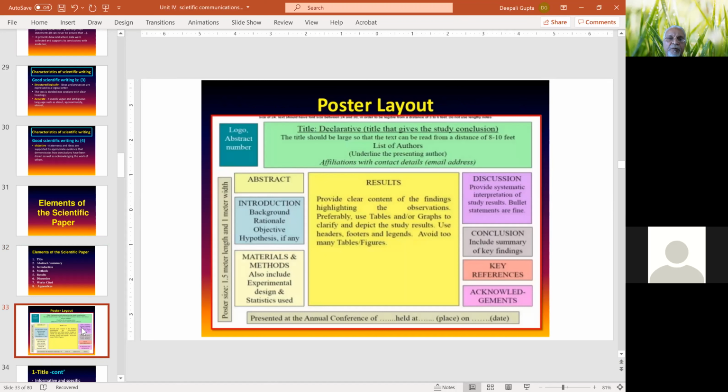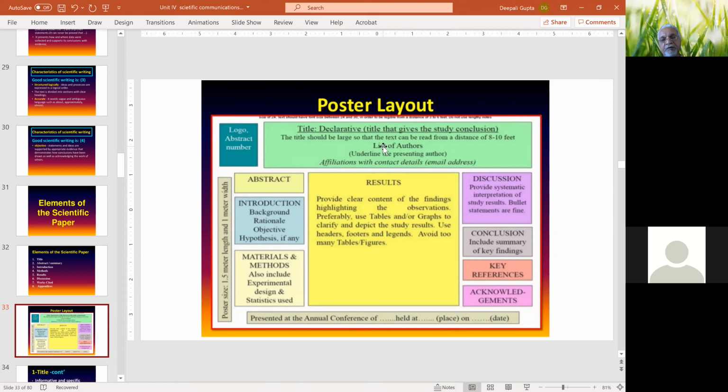I don't know how many of you have presented a poster. Has anybody made a poster at your BSc time? I doubt if anyone of you has, but I'm sure you would have seen that this is the typical layout of a poster, and a similar thing goes for a research communication.